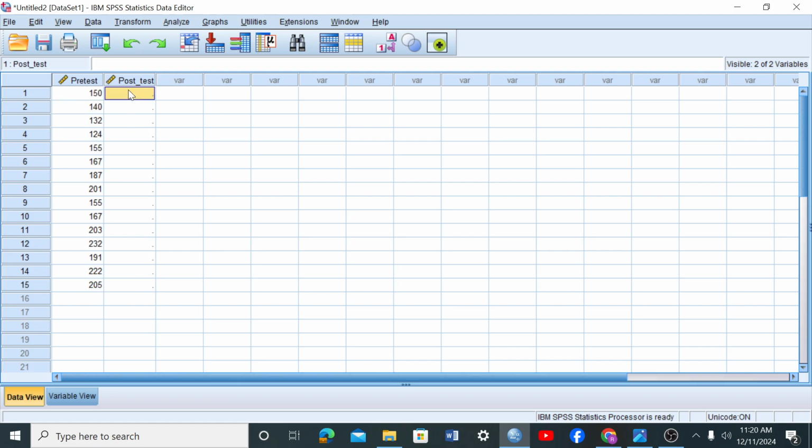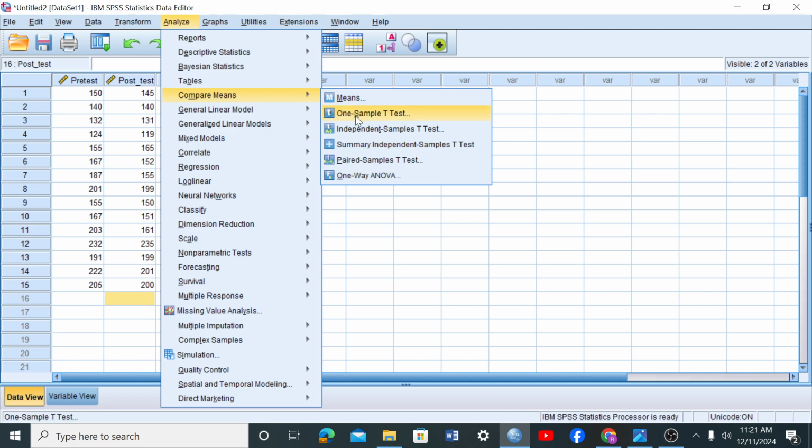In our posttest we have here 5, 140, 131, 119, and 165, 152, 55, 199, 150, 151, 161, 235, 199, 201, and 200. Now, we have completed our data, so we have to go to Analyze, Compare Means, and